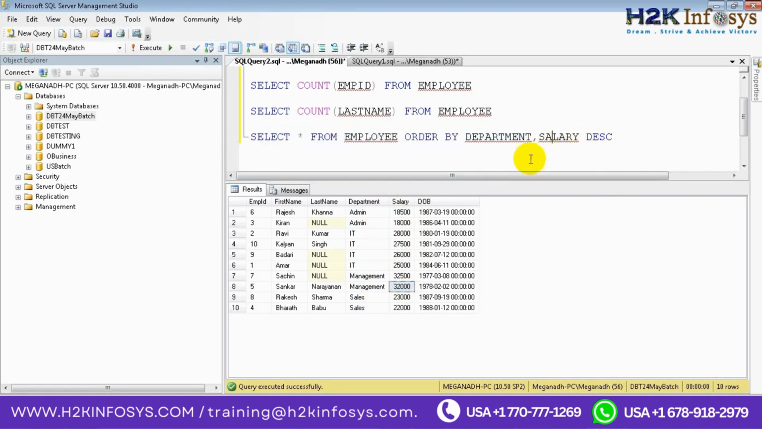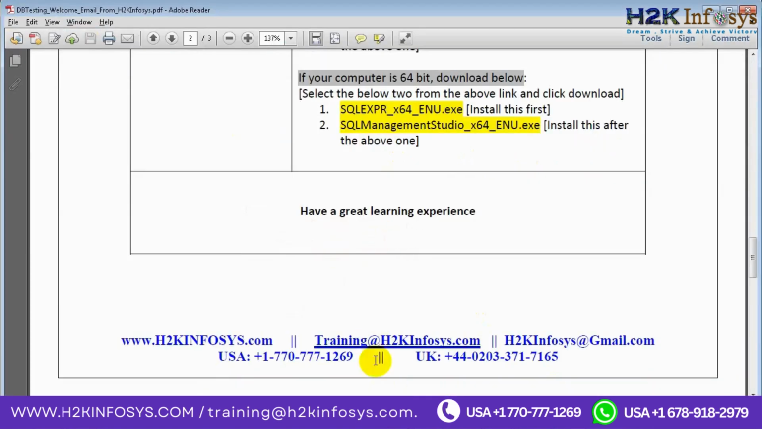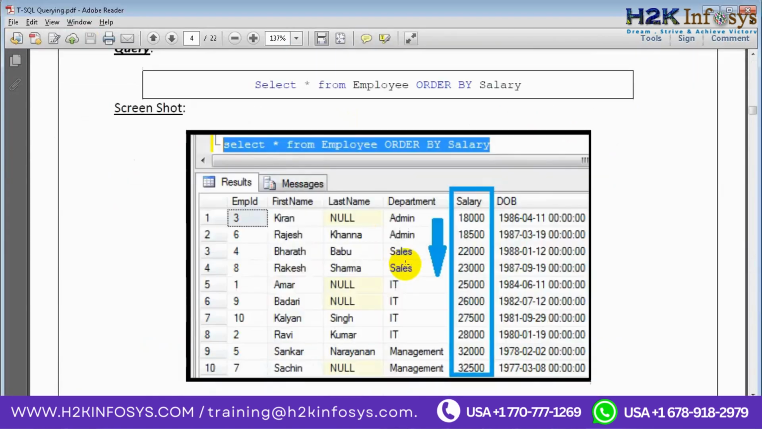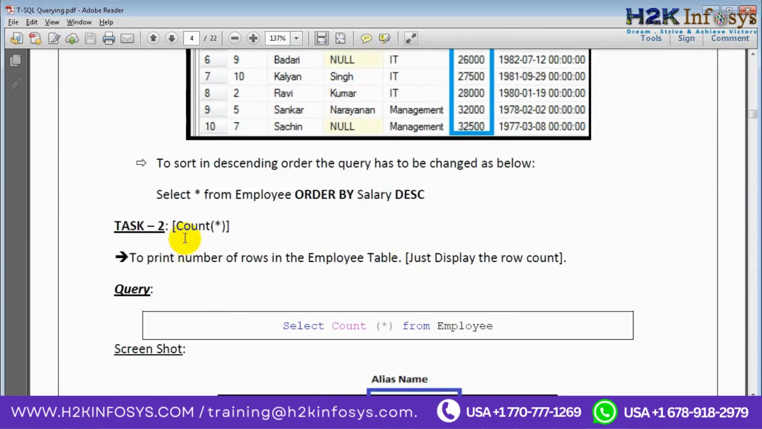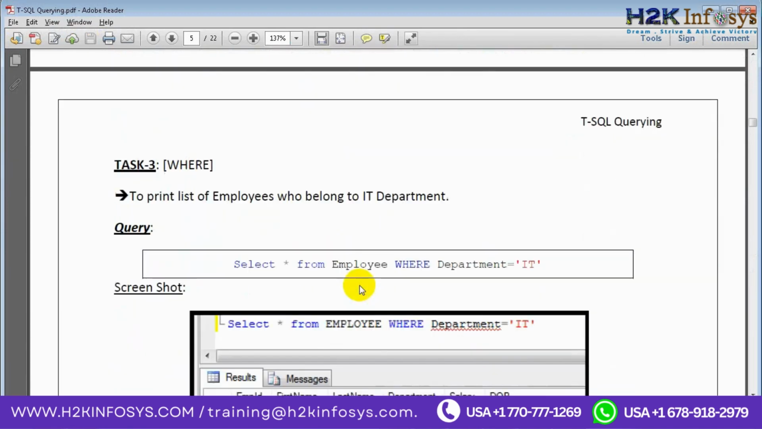Okay, now let's go back to this PDF. That is about order by, and we already saw count star. Count star will give you the number of records in the table. And let's see what is the use of the where clause. Now if I want to retrieve only